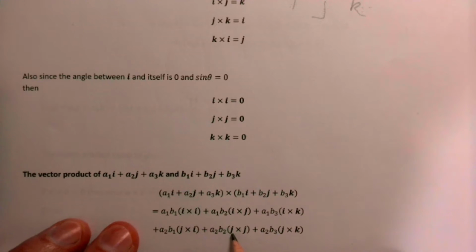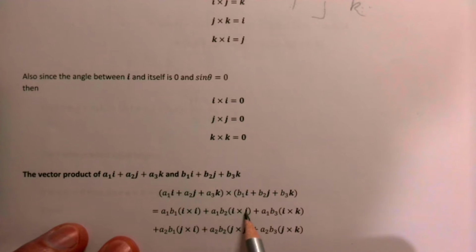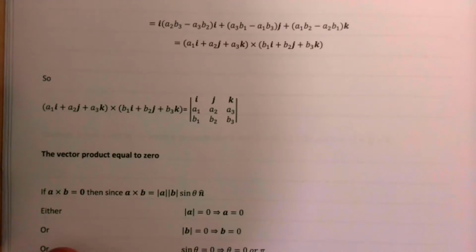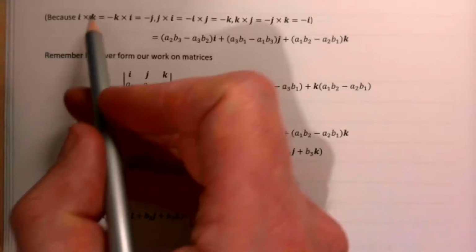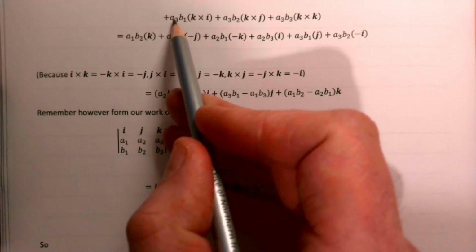i cross j, that's going to turn into a k. Can we see that? So an ij is going to turn into a k, and then an ik, that's a backwards one, that's going to be then a minus j. And so once you multiply all these things out, they start to tidy up a bit. So here's what we had again. So that's the third